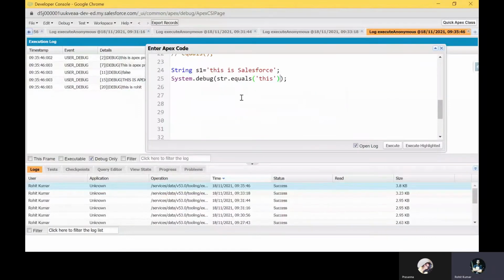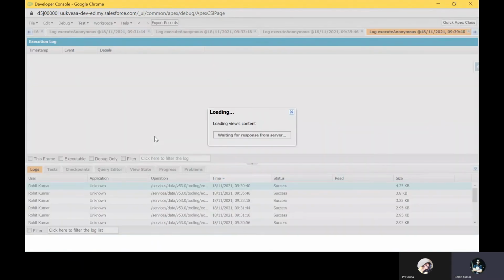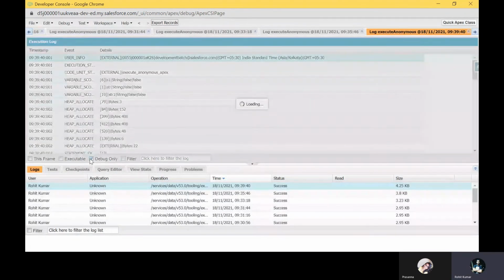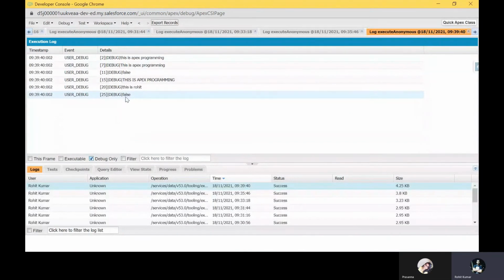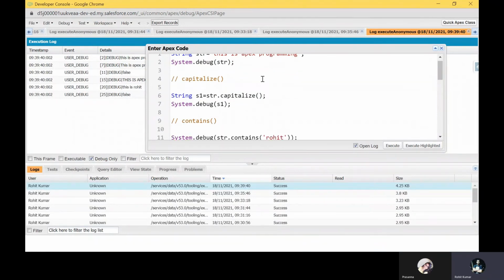Let me choose this, and also let me use these keywords, like ring, or we can say this. Let me remove this s1 here, because it's showing me a duplicate. Now after that, you can see it has written true and false, a boolean value. So just click this debug only, and here you can see false, right? So let me show you whether this keyword is available or not.